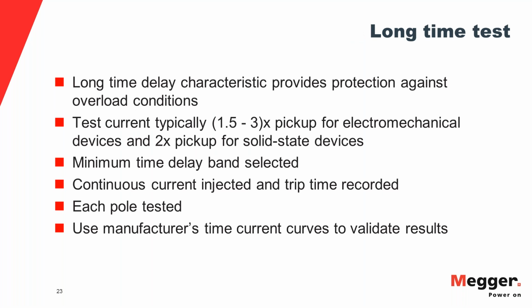The long time delay characteristic provides protection against overload conditions. This is a case where the current may increase, but it may not go up to a level seen in short circuit conditions. The current can result in eventual heating up of the breaker. So in this case, typically there will be a delay of a few seconds, but eventually the breaker will need to trip. The test current typically injected to test the long time delay is set at 1.5 to 3 times